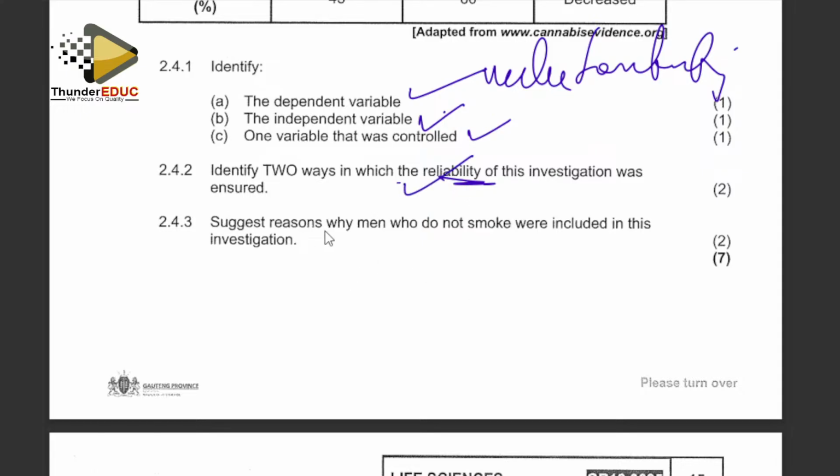They are saying that suggests the reason why male do not smoke were also included. They were included so that it acts as a control experiment to compare results. Those who smoke, what will happen? They are supposed to be like these normal ones. If they have the same result, that means that it's not marijuana which is causing the problem. But because these normal ones, they are fine, there is a difference between the two. So what caused them is the marijuana. So it's just a control experiment which is used to compare results.